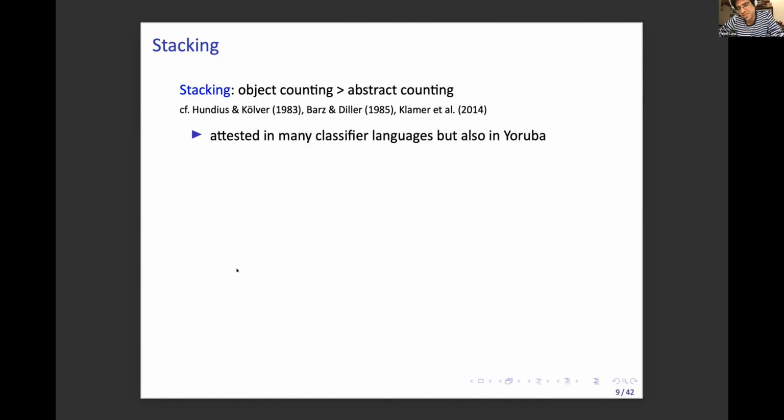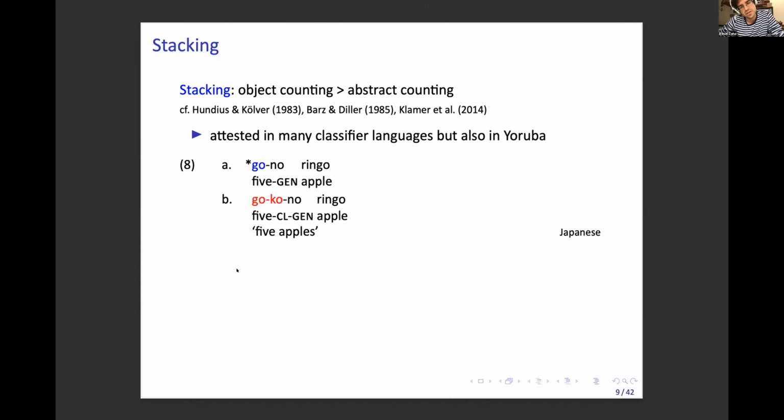Then we move on to stacking. And so we find examples of stacking in many classifier languages, but also in some non-classifier languages like Yoruba. And so take a look at 8. And this is an example of an object counting use. So we are counting apples, and the numeral in 8b is go-ko. It has this morpheme ko. So go is the numeral root. It has an additional morpheme ko that's usually called a classifier, and it has to be used, this classifier, in